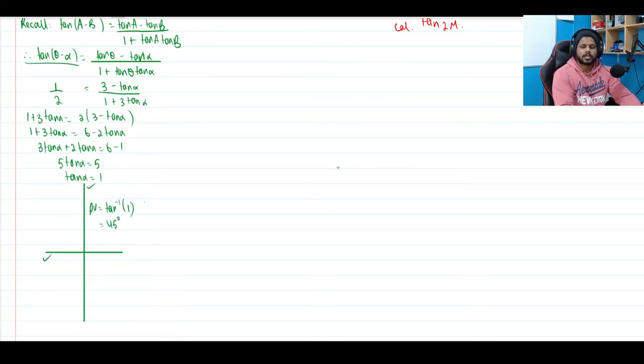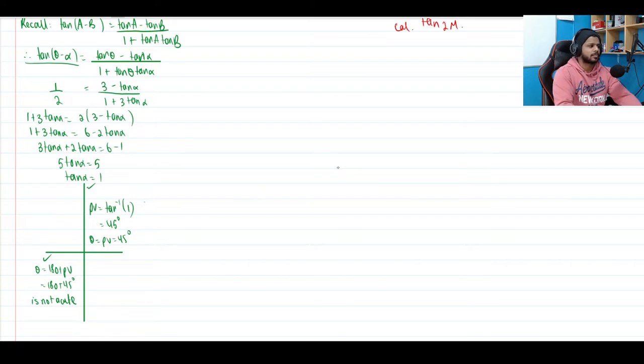If you're unsure whether you have to work in degrees or radians for this question, you can work in either. The question didn't give us any indication that alpha is in degrees or radians, so work in either. Theta is my principal value, which is 45 degrees. Theta is 180 plus the principal value, 180 plus 45 degrees, which is not